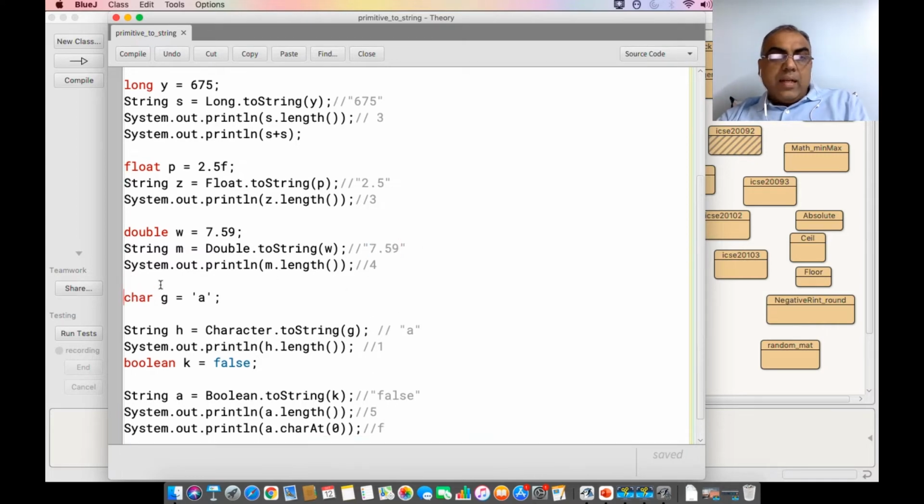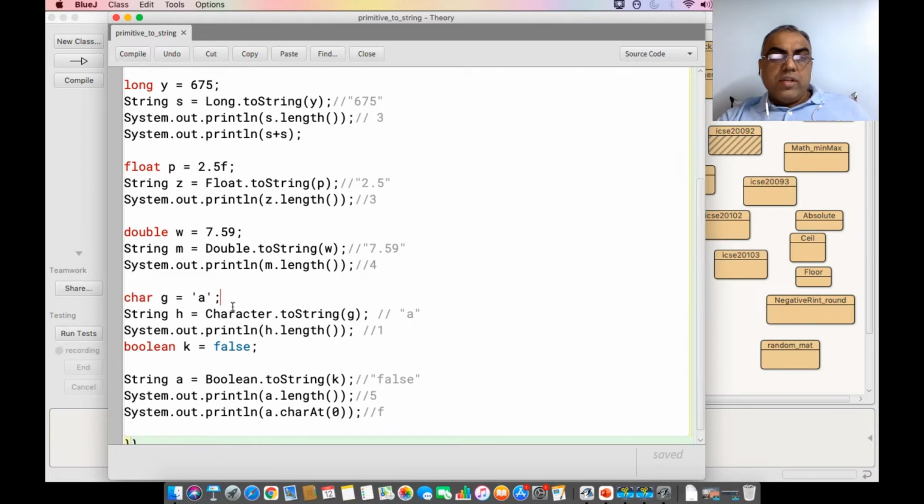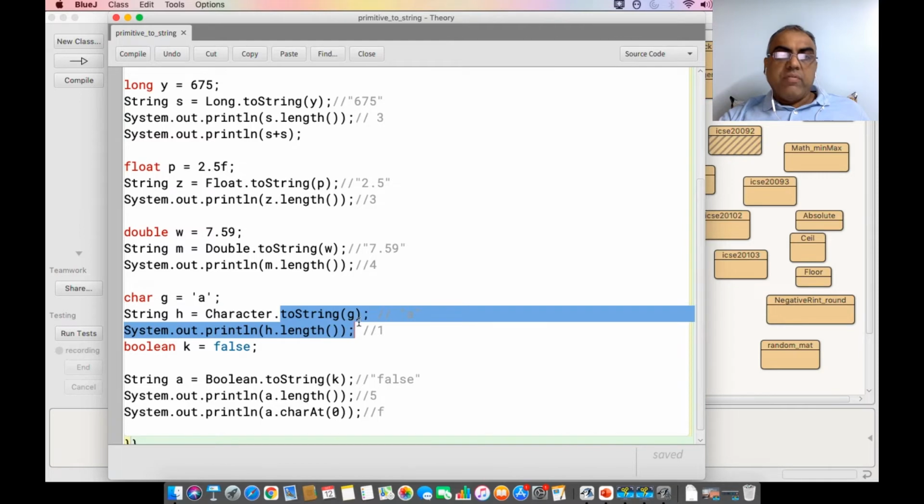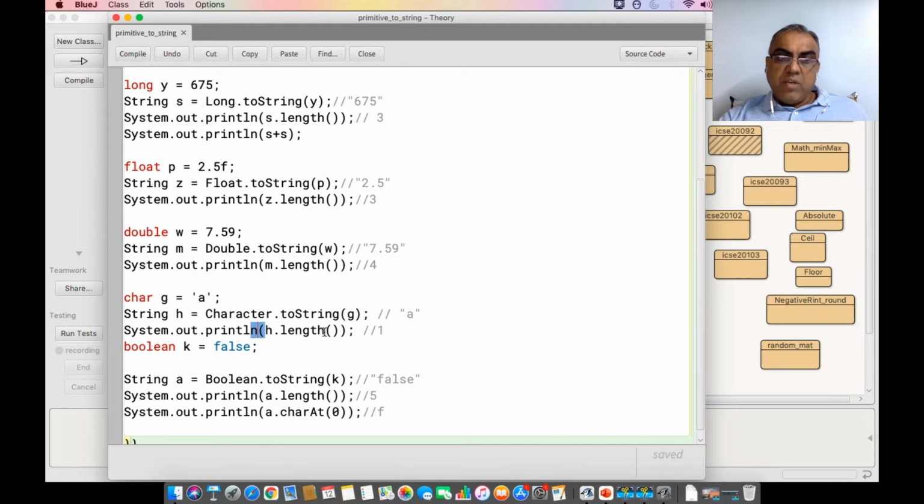Now a character can also be easily converted into a string. If I have a character, I say Character, because the primitive wrapper class is Character with capital C, dot toString will convert the single-quoted alphabet into a double-quoted one. If I ask what the length is here, the length is 1.